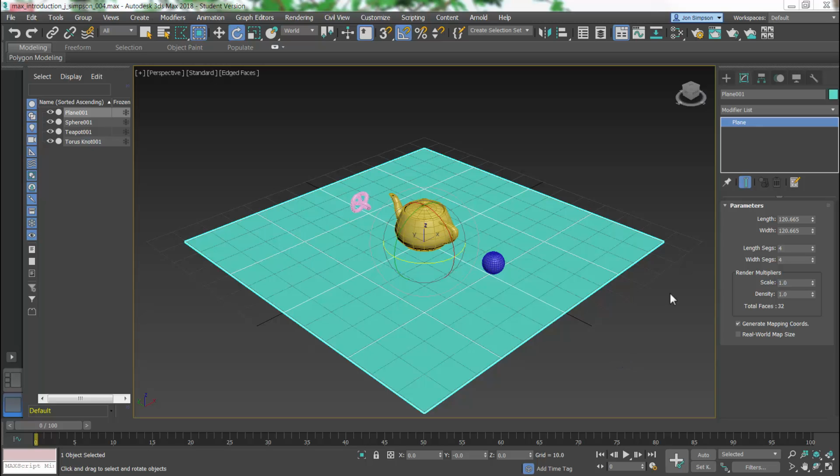Texturing is the art of creating and applying an image to the outside of the model. The texture of the model determines what the model looks like and how light interacts with the surface. Is it shiny? Is it dull? Is it rough? Is it smooth? Etc. In this video, we will explore creating simple materials in the Slate Material editor and applying them to our